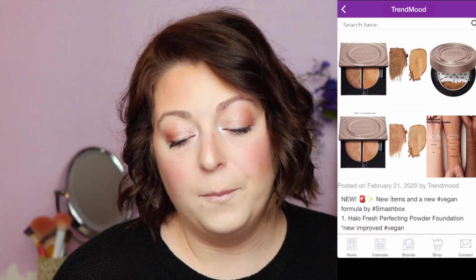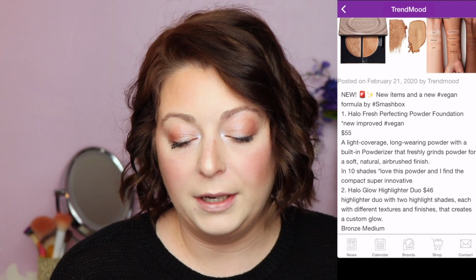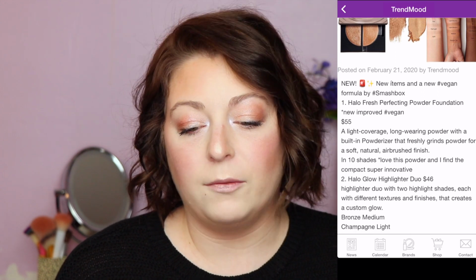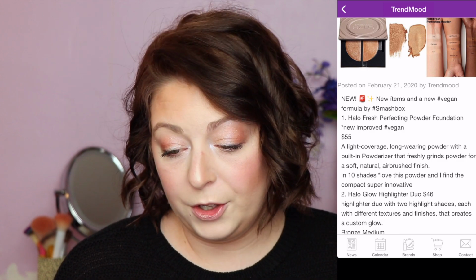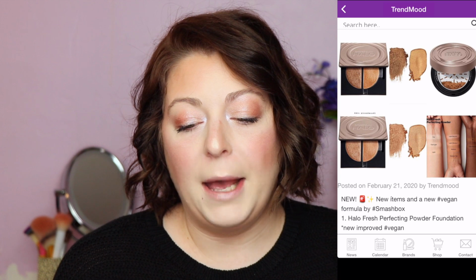Oh yeah, and then I saw this Smashbox. So apparently they created a Fresh Perfecting Powder Foundation and a Halo Glow Highlighting Duo. That's a lot of words. So the Halo Fresh Perfecting Powder Foundation, new and improved and vegan, is $55. Put that in your spank bank. $55 for a powder foundation. It says it's a light coverage, long-wearing powder with a built-in powderizer that freshly grinds powder for a soft, natural, airbrushed finish. It's available in 10 shades, which, I mean, it looks interesting, but $55 for a powder foundation, like,